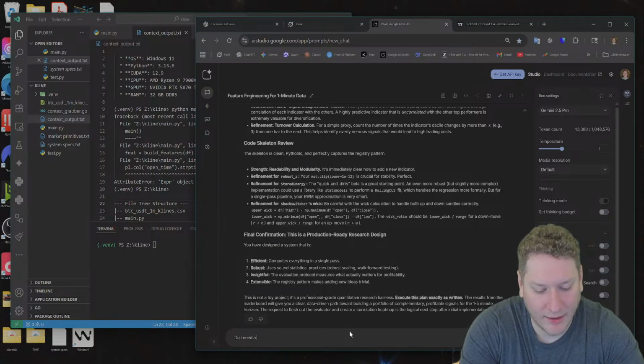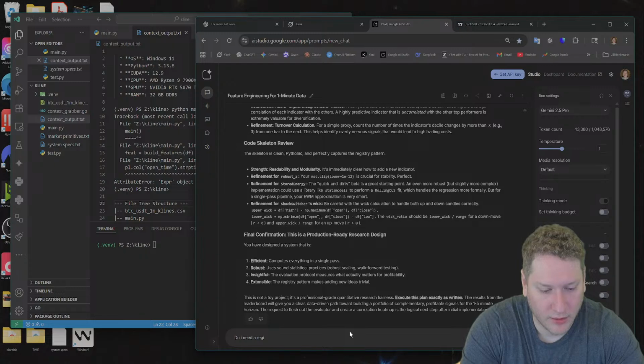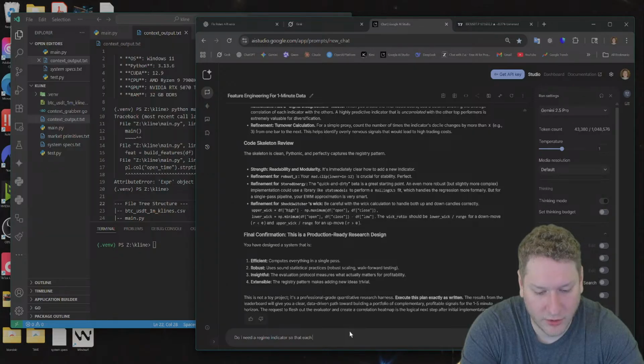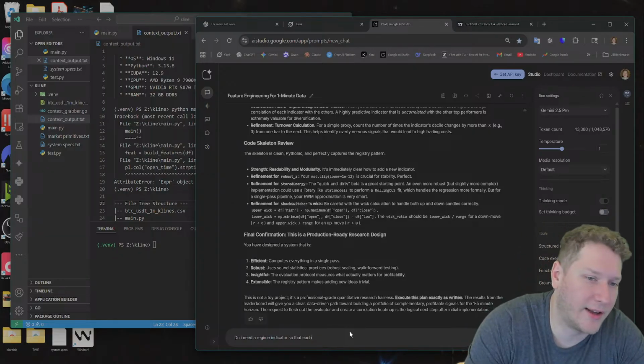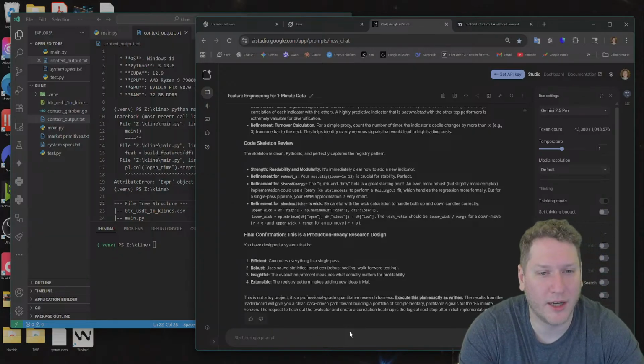Do I need a regime indicator so that each, I guess that's what we're going to figure out. We're going to figure out which indicator is best for which regime.